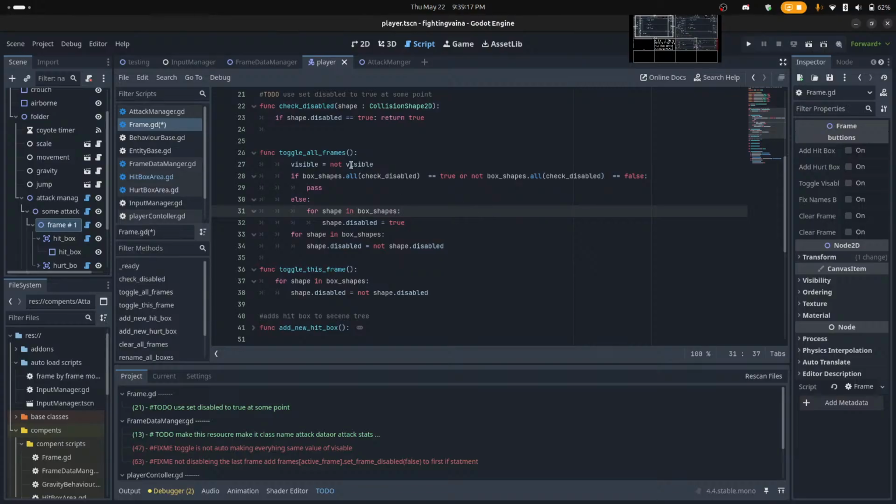No, change that. Okay. So if all the boxes are true, are disabled, or if all the boxes